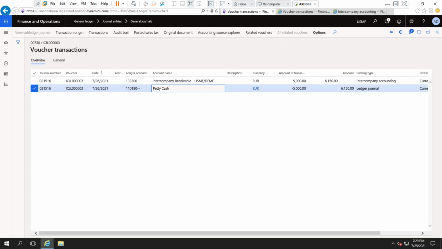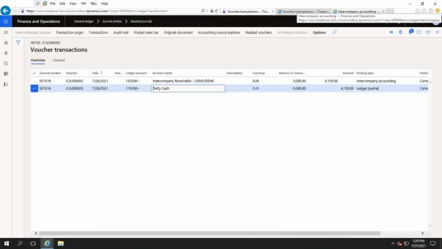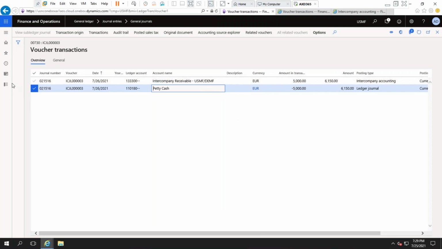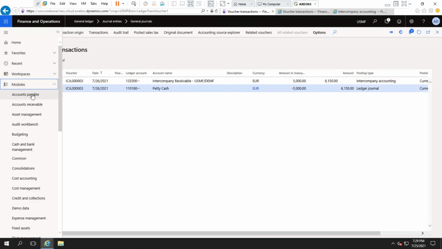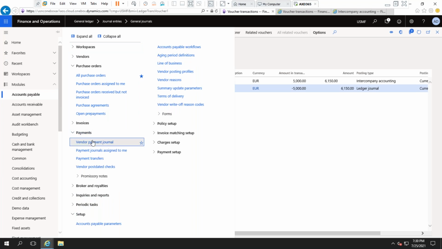This is intercompany. So on behalf of one company, it is paying another company. In the same manner you can do vendor payments also, accounts payable. For other legal entities also I can do the payments. Let me do the payment journal. Under payment journal,